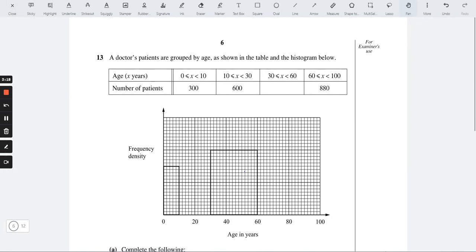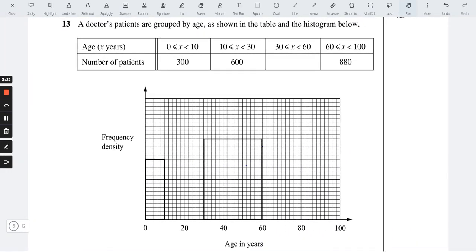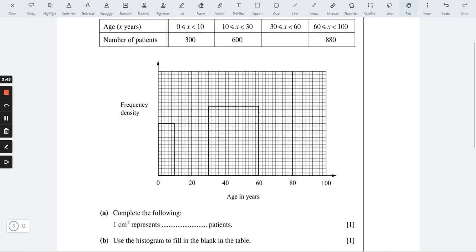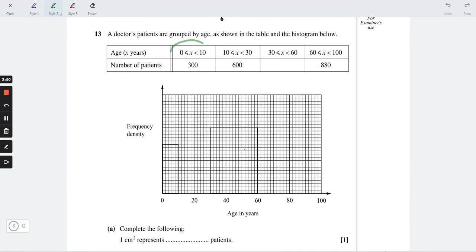Now next question here, question 13. We have a doctor's patients grouped by age as shown in the table down and the histogram below. Age in intervals from x greater than 0 and less than or equal to 10, 10 to 30, 30 to 60, 60 to 100, and number of patients written down. So now here they want us to complete the following. 1 centimeter square represents how many patients? So if you are taking the first interval here and the first rectangle here,